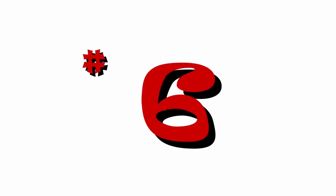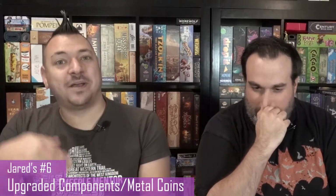That's a good pick. Number 6. So my number 6 pick has already been mentioned by my buddy Jay, and this time I'm talking about upgraded components. There you go. Okay. Metal coins. Yeah, I should have mentioned metal coins too, because I throw that in there. That's why I included it with this pick, but I wanted to specify that it includes metal